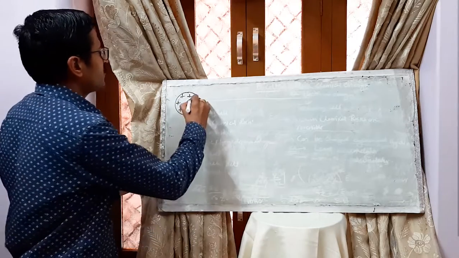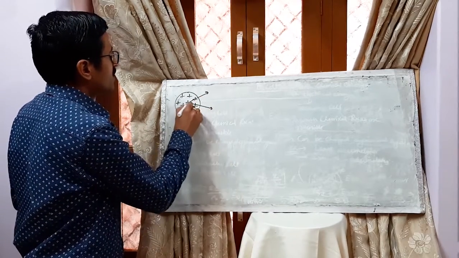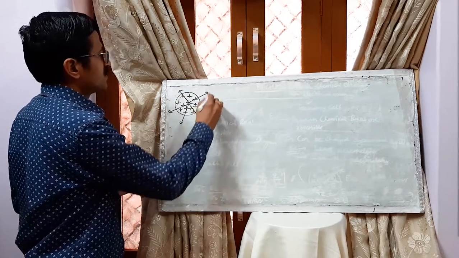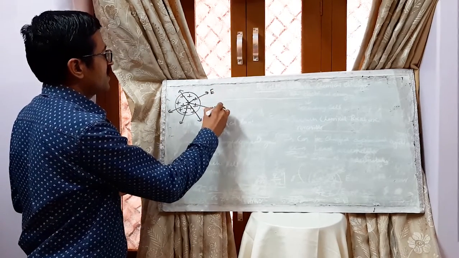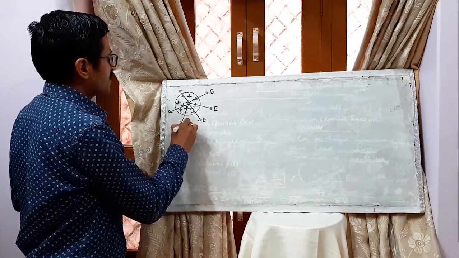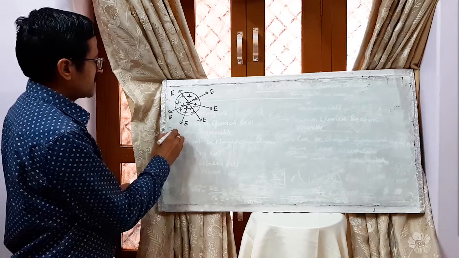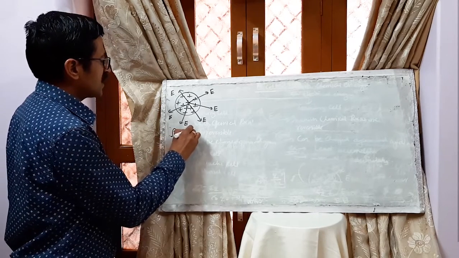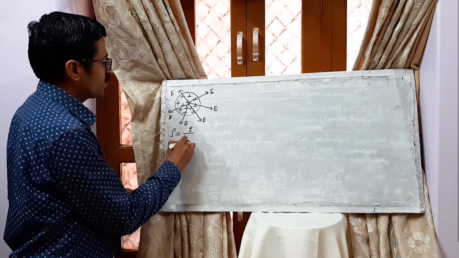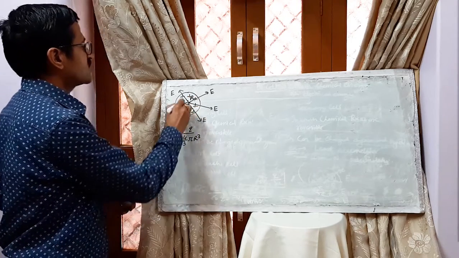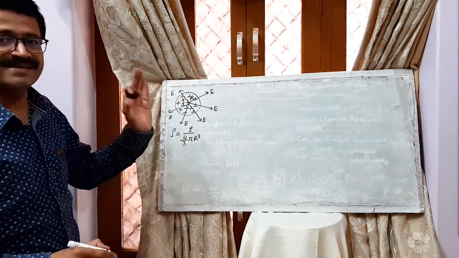Then the electric field intensity will be outward, normal and radial as shown. This will be the electric field intensity. Here the distribution will be a volume charge distribution. It will be rho is equal to charge upon volume, that is Q upon 4 by 3 pi capital R cube. Capital R is the radius of the sphere and Q is the charge present in the sphere.